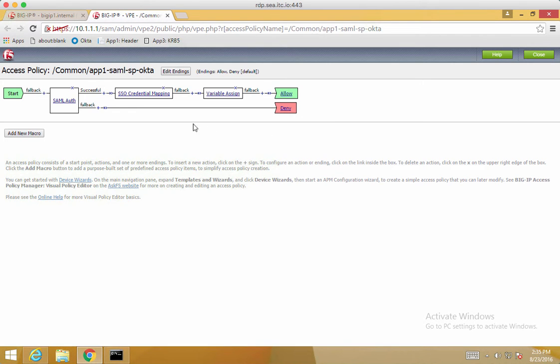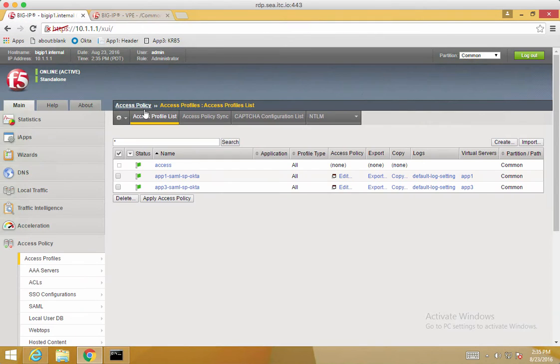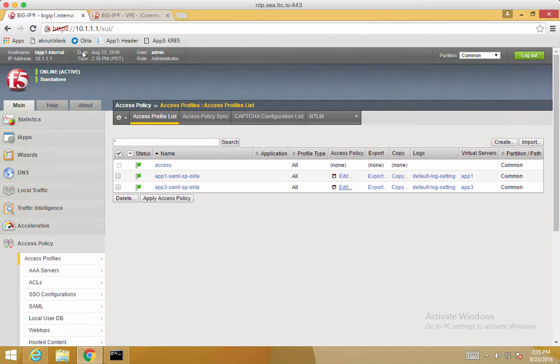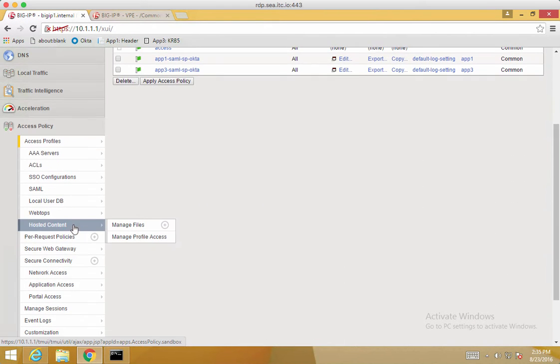If we look at the visual policy editor for the first one, we're consuming the SAML authentication, and then we're storing our SSL credentials and doing a variable assign so we know who the user is. You'll notice that the third app is very similar. Now, one of the things that's different here is that for the header authentication, we're actually using a per request